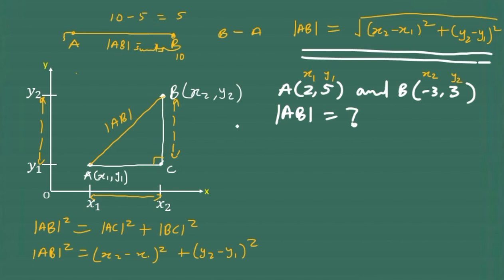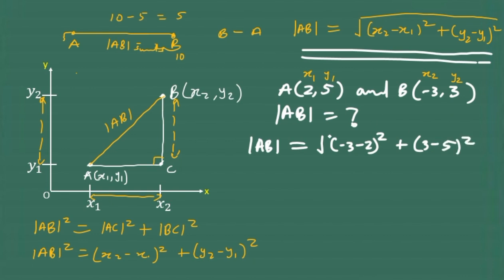So we can say that the dimension AB, or the distance between A and B, is equals to x2 here is minus 3 minus x1, which is positive 2 all square, plus y2 is positive 3 minus y1, which is positive 5,